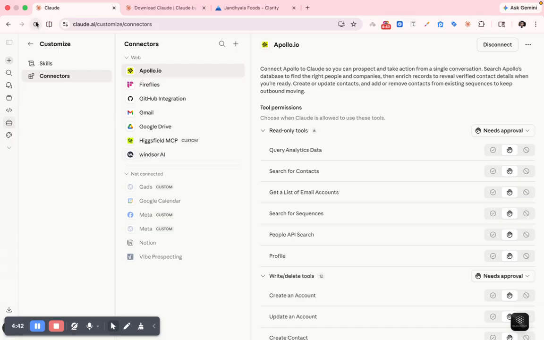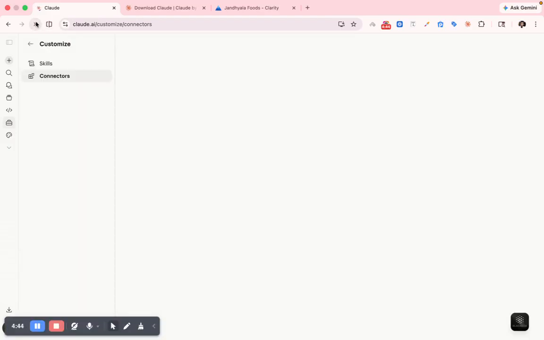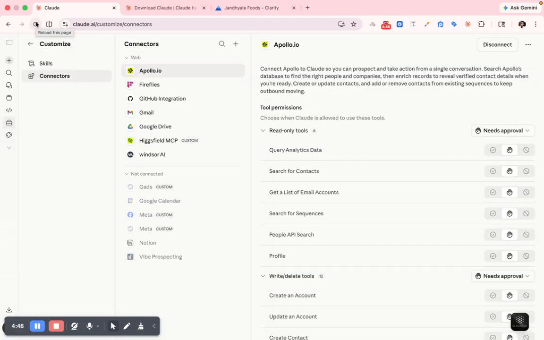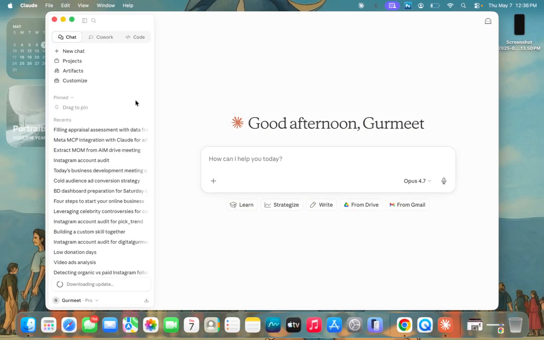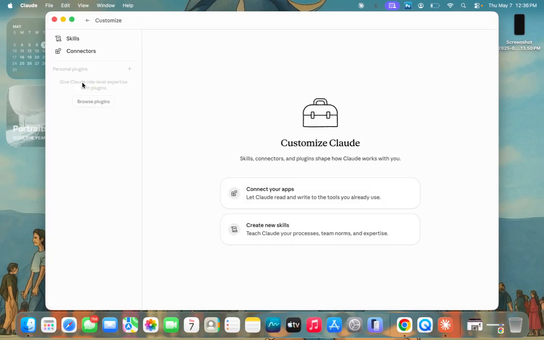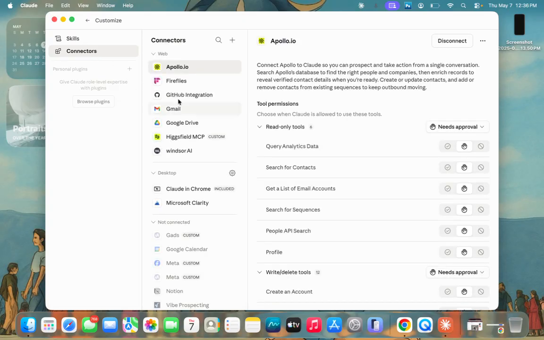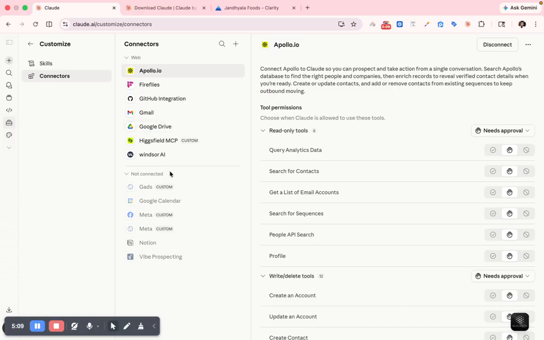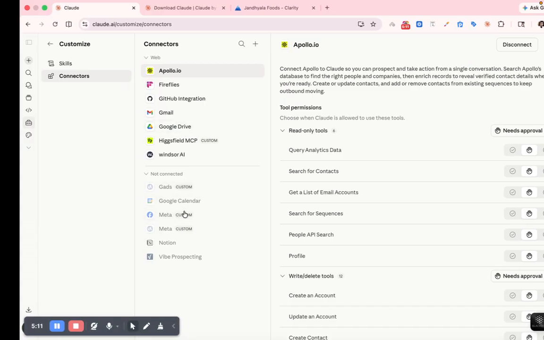Again let me refresh. Customize, connectors. Okay, so that is showing Microsoft Clarity, but that is for desktop. That is not showing for browser.